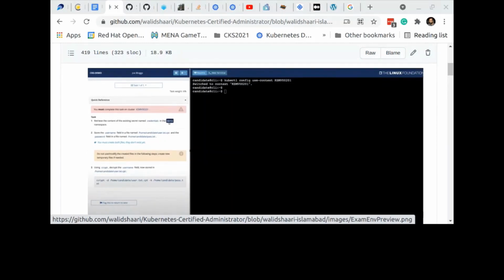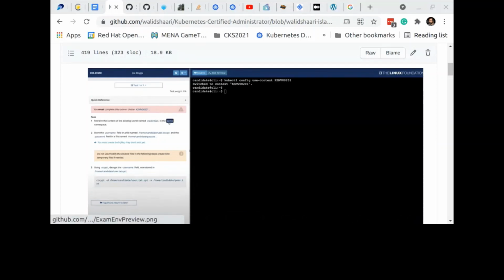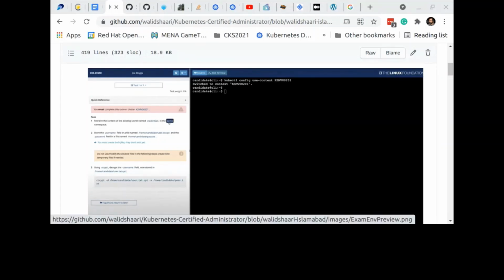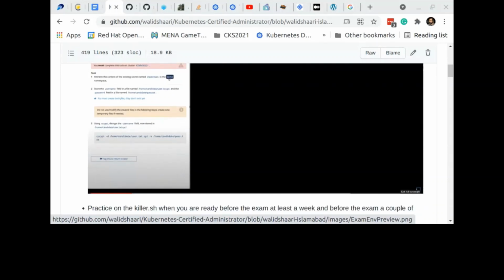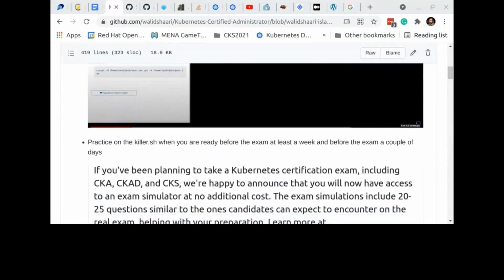And usually, from experience, I did the exam twice, the beta exam and the recent 2020 exam. The final questions are the hardest and the ones that have high points. So some folks start with the end and go back. It's up to you. If you want to start one question, two questions from the beginning, just to get accustomed to the environment, and then do the high score questions first, because then you can come back to them later.